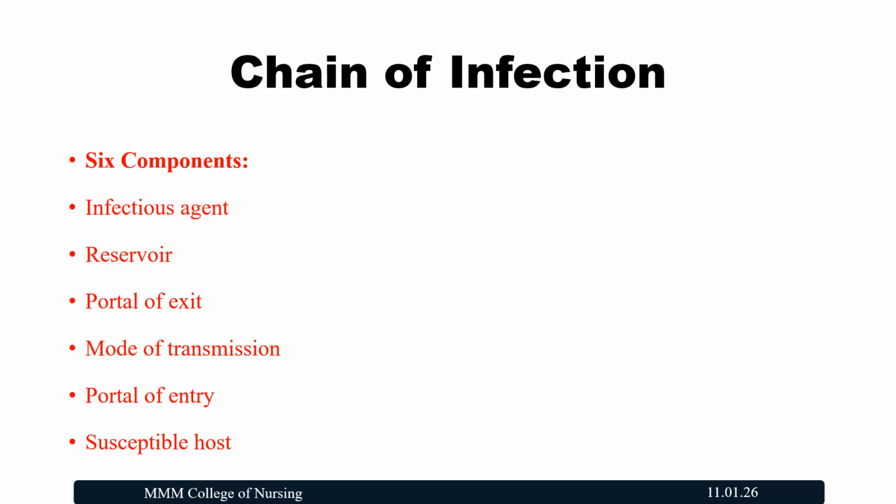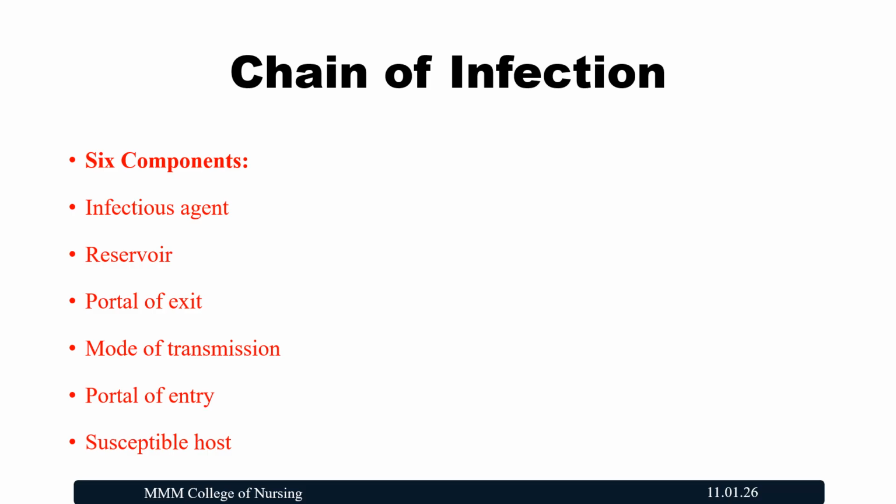First we will see the chain of disease transmission. Totally there are 6 components in the chain of disease transmission. First one is infectious agent, meaning the pathogen, it might be a bacteria, virus, parasite, fungus, which causes the disease. The second component is reservoir, the habitat where the agent lives, grows and multiplies, such as human, animal, environment, etc. Third one is portal of exit, the path by which the pathogen leaves the reservoir, including respiratory droplet, blood